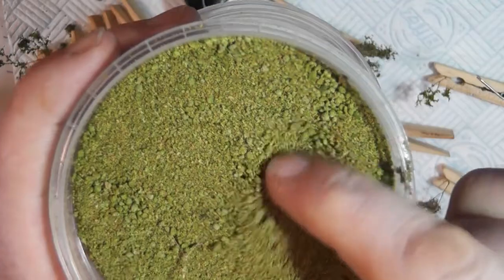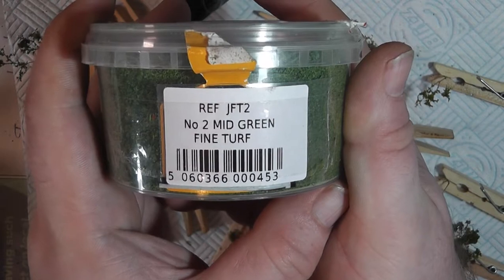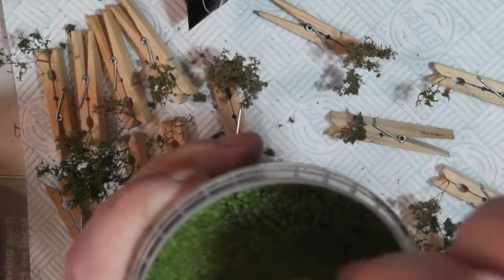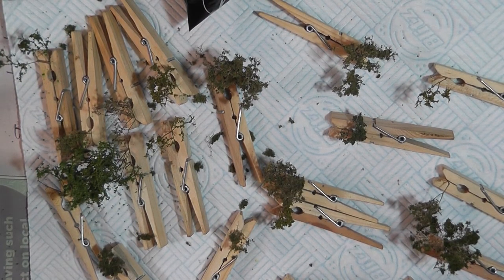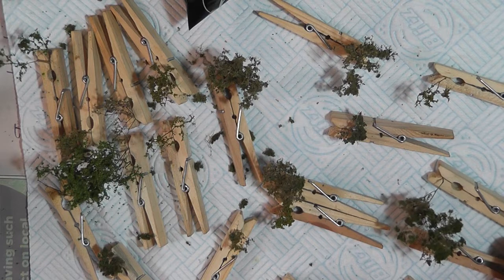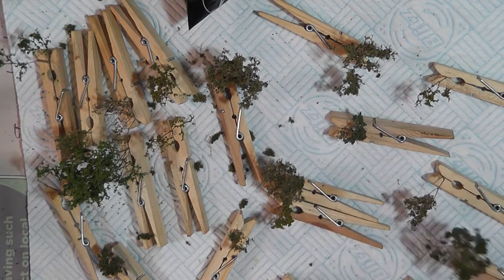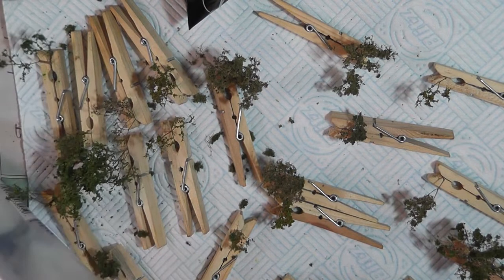Essentially, that's how it looks. So I've tried that, and the other colour I've tried is JF2. It's the mid-green fine turf, and again, that's how it looks. And literally I've just gone like that, and I've just literally sprinkled it over the tree. So I've had a go, I've done various things. I've used some of the underbrush and what have you. Some of it's just plain underbrush. Some of it I might have sprinkled a little bit of the flock over the top,